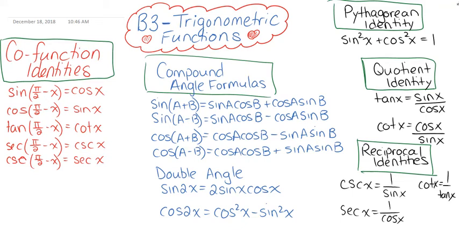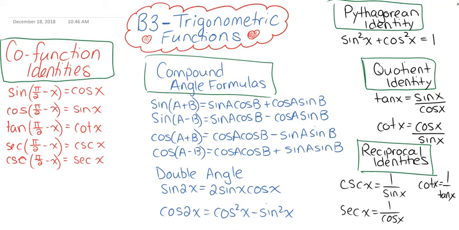Okay, so basically trig functions in B3, our whole goal was mainly just to solve trig equations, but also we wanted to prove them, that the left side and the right side were equal. So this whole thing that you're seeing here are all the identities and formulas that we know and are given to us on the test. So these cofunction identities,